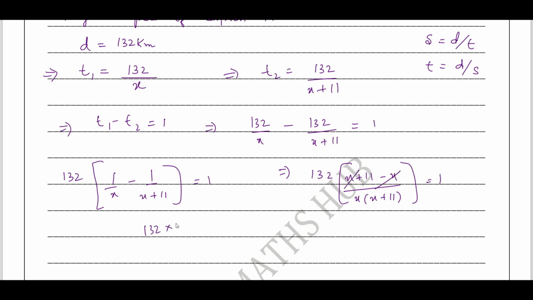132 into 11 equals x square plus 11x. X square plus 11x, 132 into 11, 132 into multiply and shift to RHS, it is